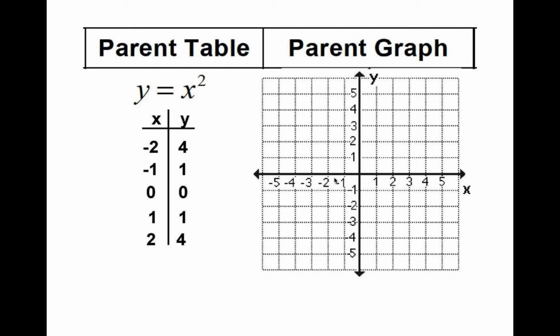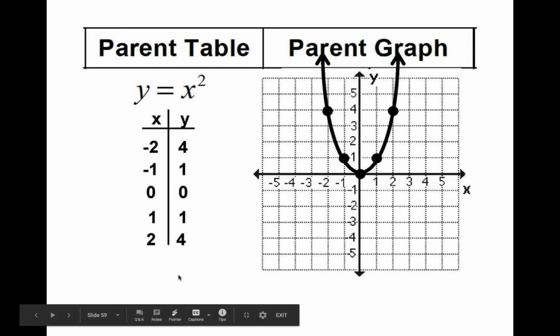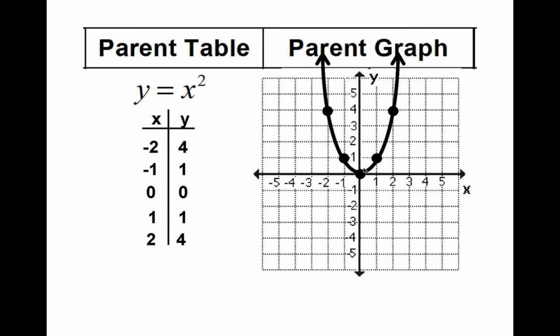So plotting the points, we have -2, 4, -1, 1, 0, 0, 1, 1, 2, 4. Notice this does not make a V, it's making a U-shaped graph. That's your quadratic equation. Some people think they have to memorize this table. They don't. So if you know where the vertex is, and you know that the exponent is squaring, you can